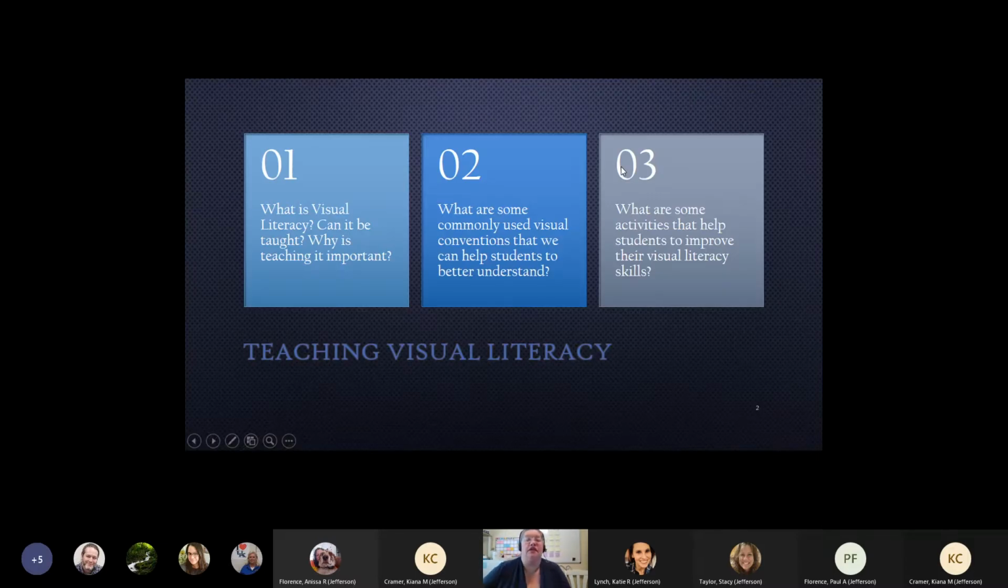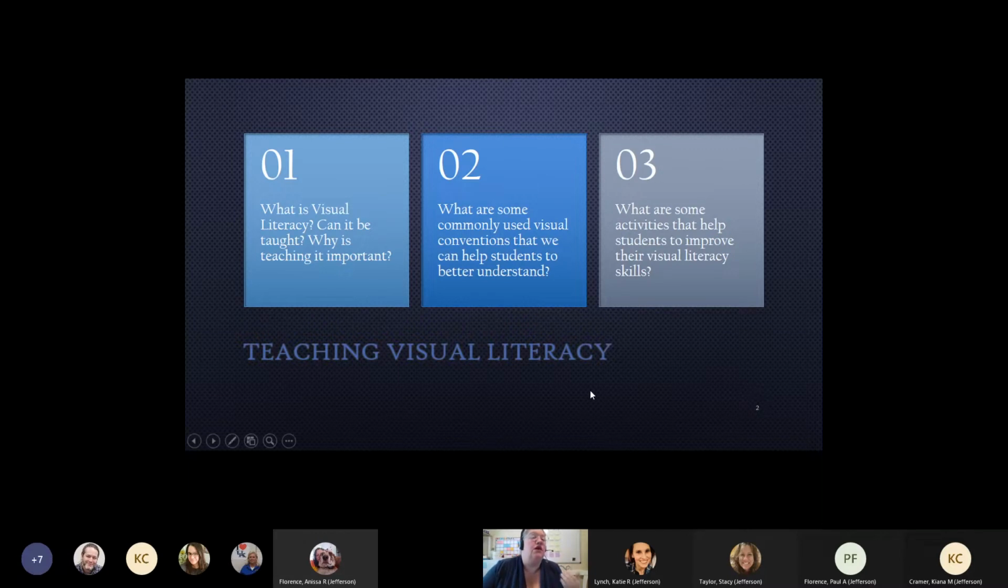So I really want to cover three main points today. One is to talk about what we mean by visual literacy. Is it really a skill that can be taught? Why is teaching it important? And then what are some commonly used visual conventions that we can help students better understand? And then by the time you leave with this PowerPoint that you'll have a copy of at the very end, you'll have a whole list of activities that you can start to implement with teaching visual literacy to